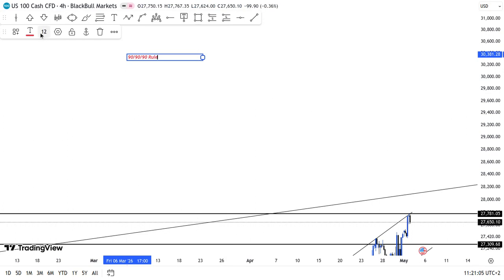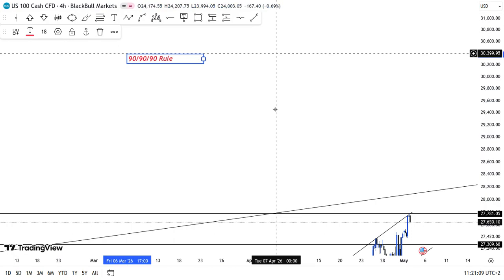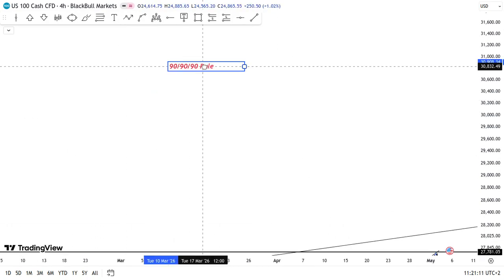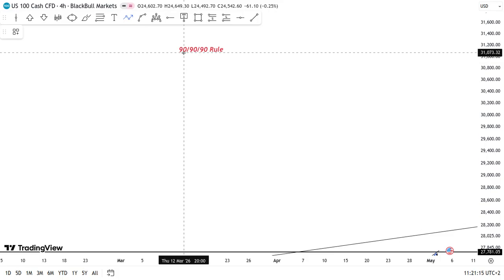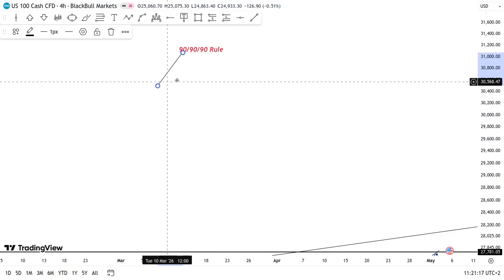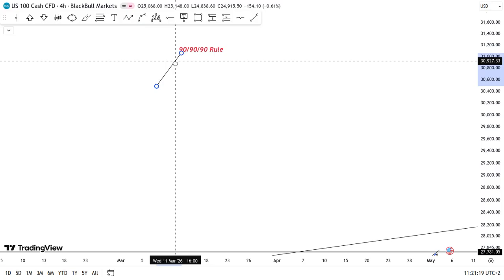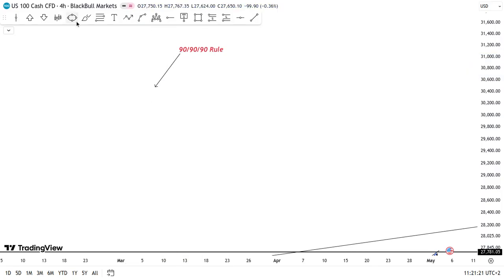We make that a bit bolder so some of y'all can see it properly. So what is the 90-90 rule? The 90-90 rule is that it's statistics which are proven that